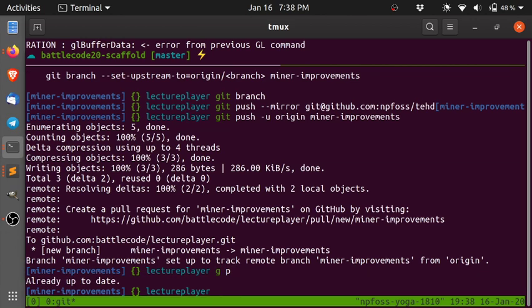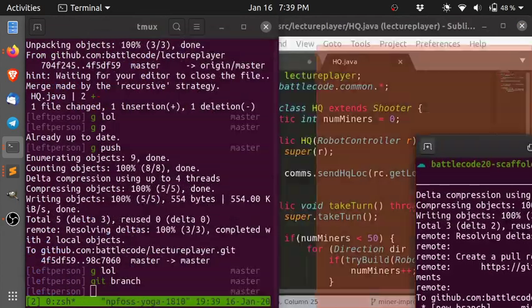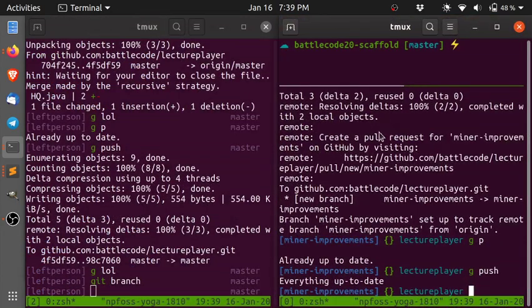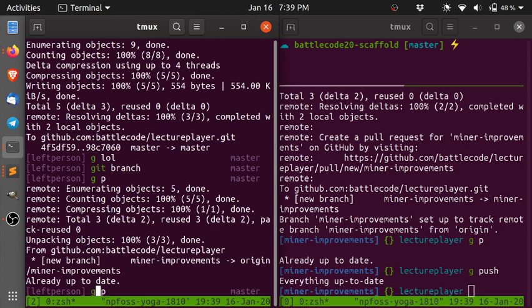If I say git pull, it pulls correctly. If I say git push, it pushes correctly. And if we went to GitHub, we would see that branch. So let me make this smaller. Great. And we'll go over here. And so now if we git pull and git branch again,